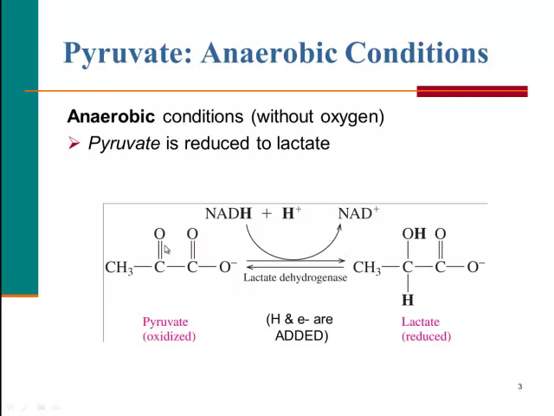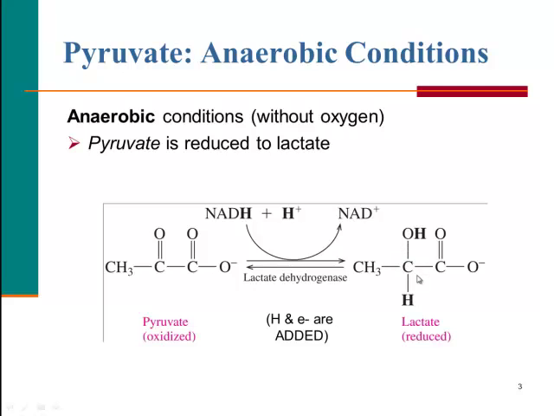So we're taking a double bond O and we're converting that to a single bond O. Now that's going to require the high energy NADH molecule and a proton. And again, an enzyme is going to be needed to create this product. So we're adding an H here to the oxygen to make the hydroxyl group, and we're adding an H as a single bond to this carbon to satisfy this carbon's need for 4 covalent